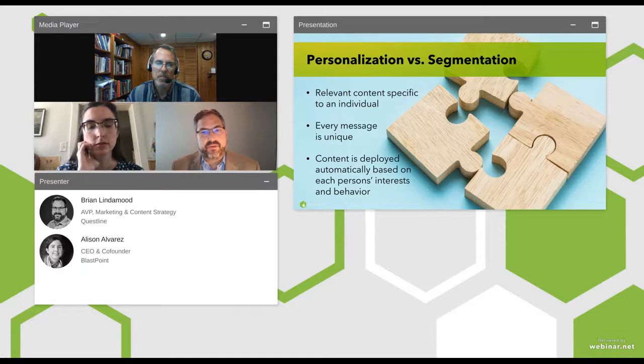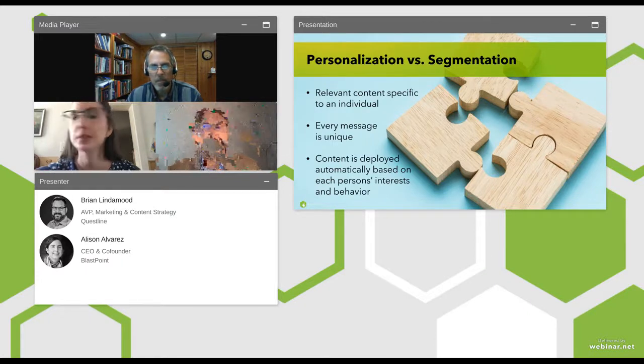With segmentation by comparison, we would send just 5 different emails organized by groups. So 20 of us would get a message saying, if your favorite genre is quirky comedies, you should check out Rushmore and the Royal Tenenbaums. Now, the goal is the same. You want to increase engagement with relevant content, but the tactics are a little different from segmentation. You're sending 100 unique emails or 1,000 unique emails with personalization versus just 5 unique emails to reach 5 segments.